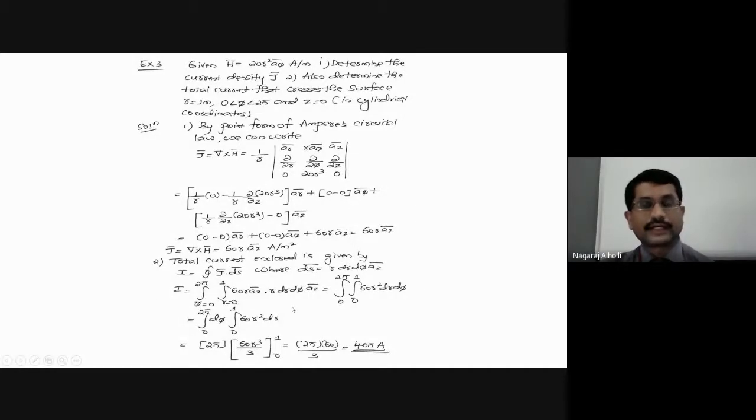This is the vector identity that we have discussed in module 2, right? If we dot a vector with the same vector, we get the square of that vector. So r dot r is r square, 60 r square dr dphi. Then apply the integral, phi equal to 0 to 2 pi dphi, and the integral from 0 to 1, 60 r square dr. Integration of dphi with respect to phi is phi. Over the limits 0 to 2 pi, it will be 2 pi minus 0, that is 2 pi. Then integration from 0 to 1, 60 r square with respect to r.